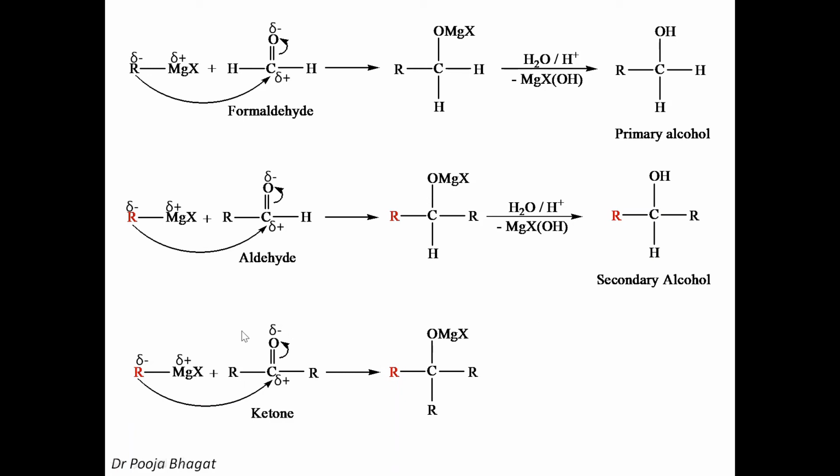See here. This is ketone molecule. This is Grignard reagent. Partial negative charge will attack here. Double bond will shift here. So you will have R, C, R, R and OMgX. And then when you hydrolyze it in acidic medium, OMgX gets converted into OH. So the tertiary alcohol is formed. So as I told you, the reaction of carbonyl compound with Grignard reagent can form all the 3 types of alcohols, primary, secondary and tertiary.